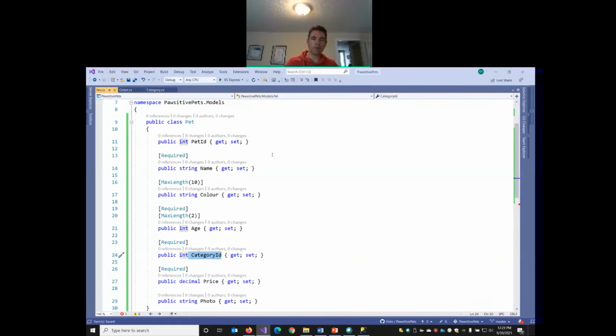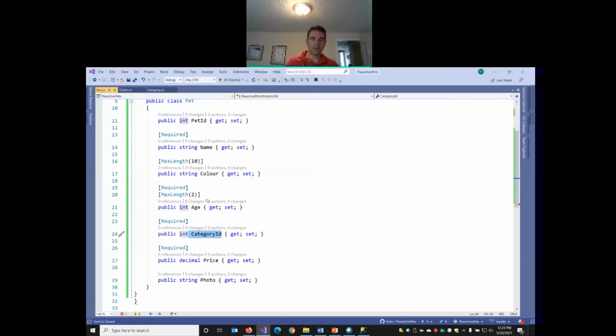So there's our pet model. Looks good. Our primary key, name. All right, excellent. I don't know if we would actually use max length here, because max length is for strings. This is an integer, so instead we probably want